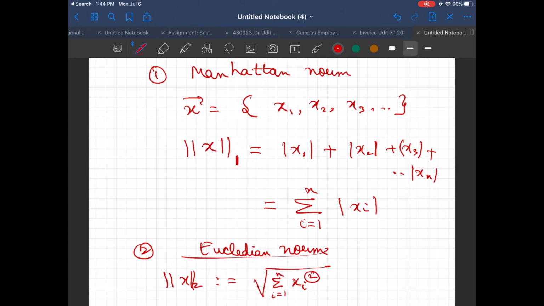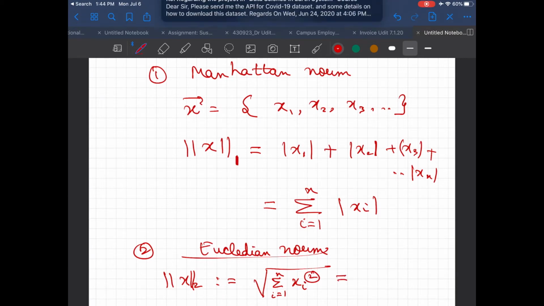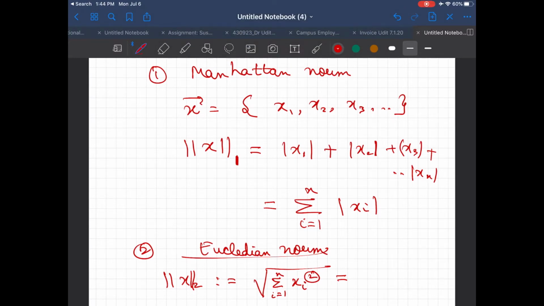So if we are raising it to 2, we are taking the square root. Now this sum of xi square is also the product x transpose x and its square root, because if you take one vector, take its transpose, multiply it by the vector in its original form, you're basically taking the square of each element